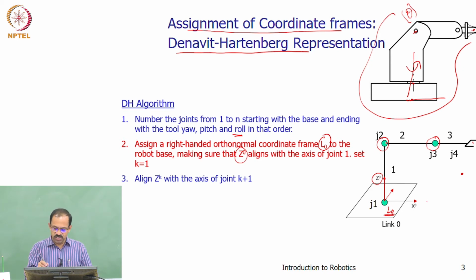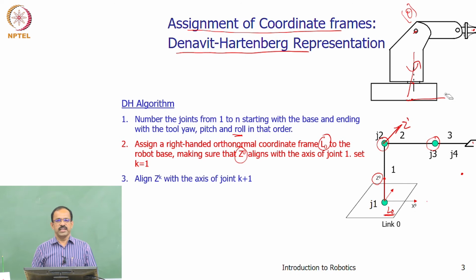So the joint 2 is this one. So we need to find out what is the joint axis here. What is the joint axis? Okay, inward or outward. You can take any direction. You can take outward or inward. So I am taking, for the time being, I am putting it like this. So I will say this is my Z1. That is the Z1 axis.